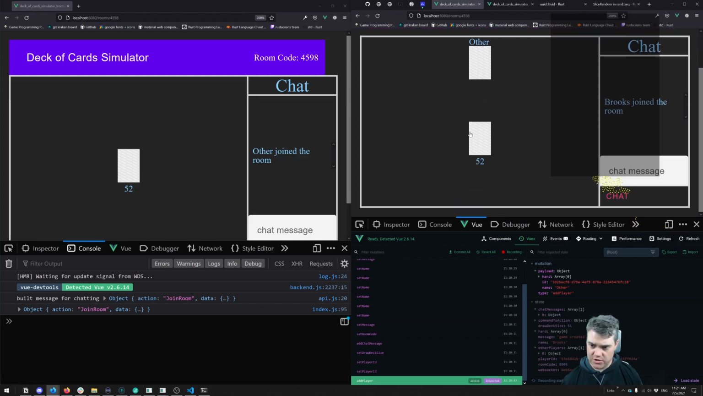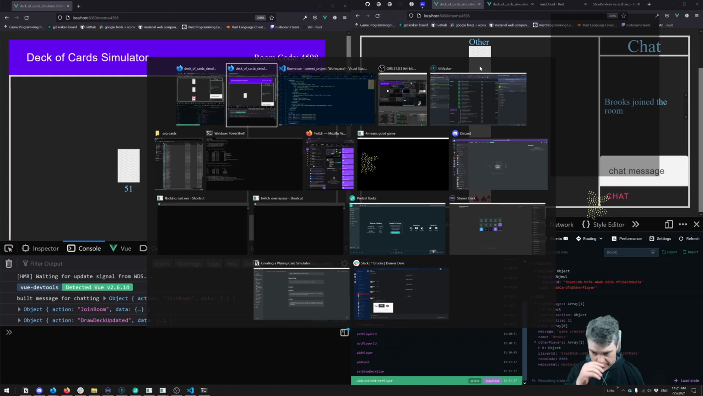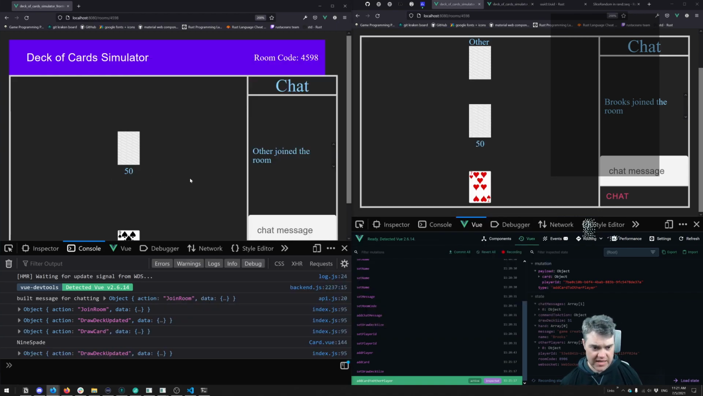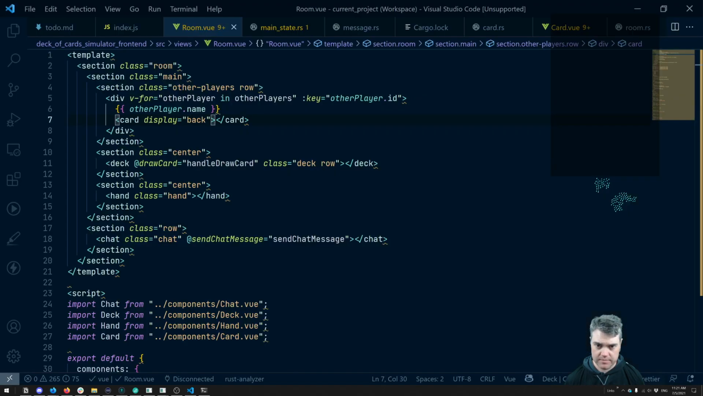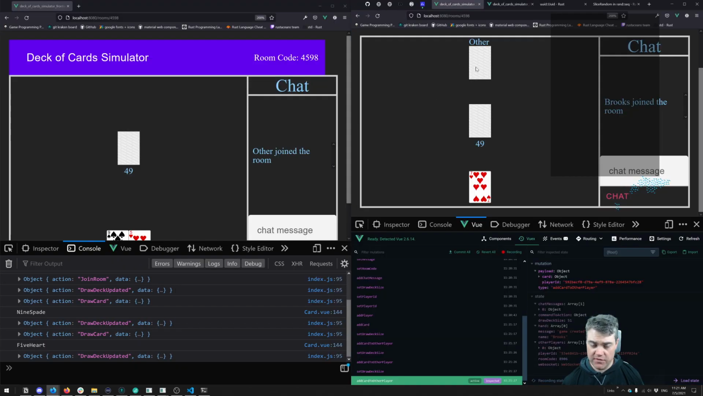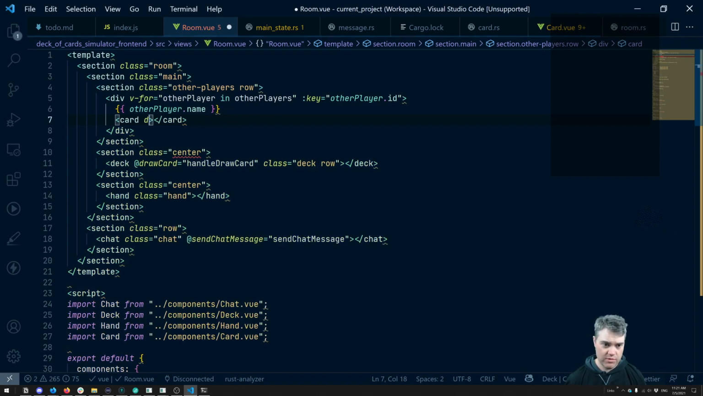But I want to actually make that real, so that if they pull another one off, I can see them growing there. And so far, this is all correct. This is exactly what I want. So this card display back. Now we're displaying the back on it, and that's only because, okay, so we need to do, let's start with